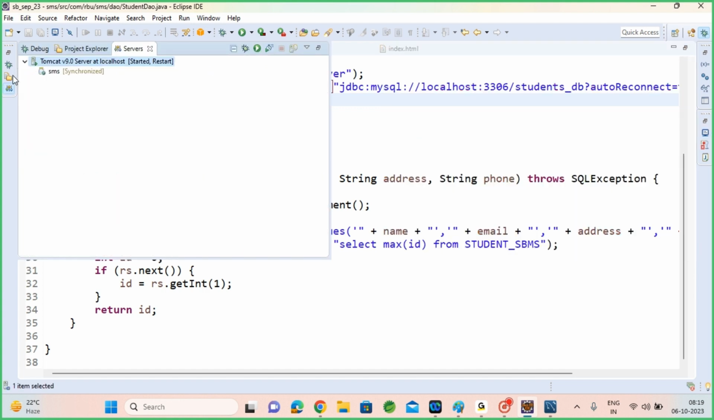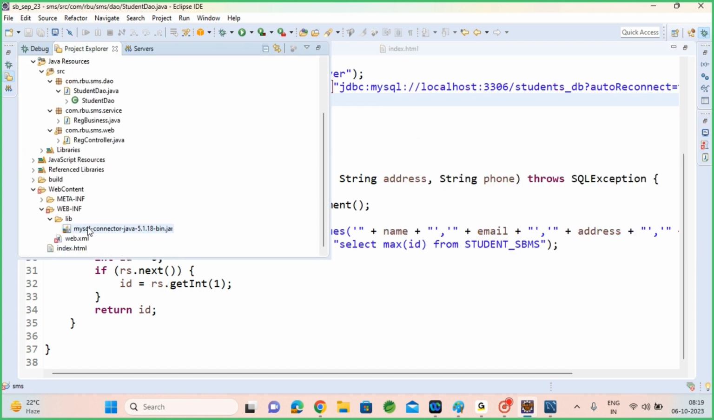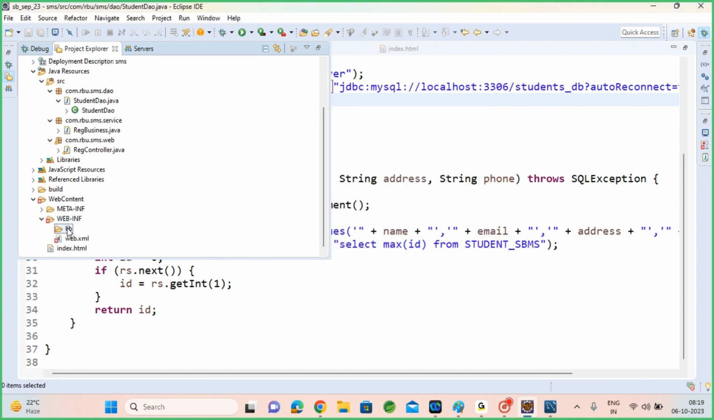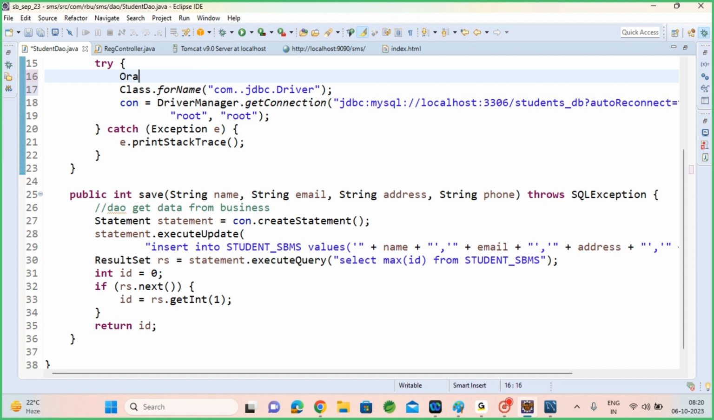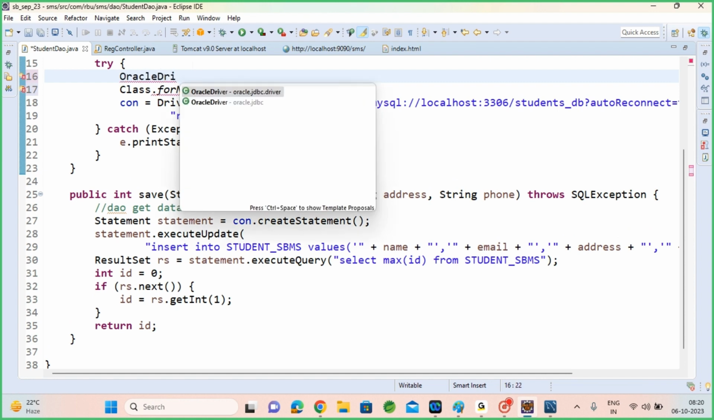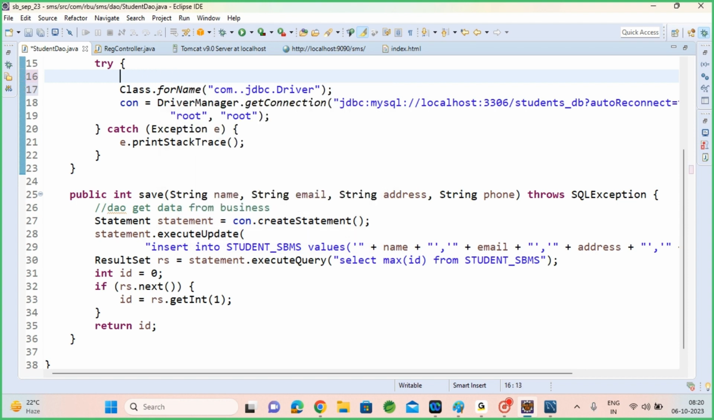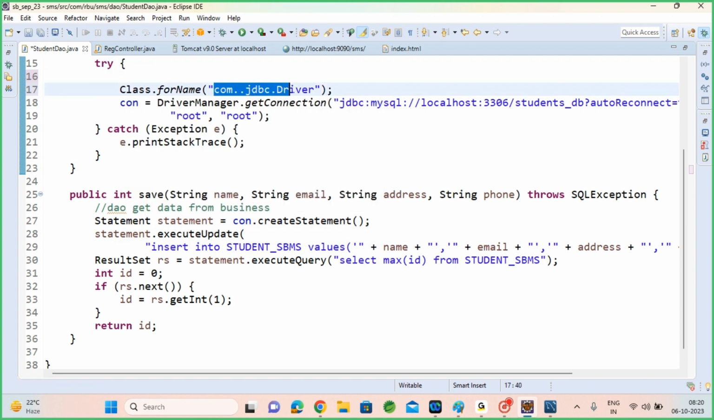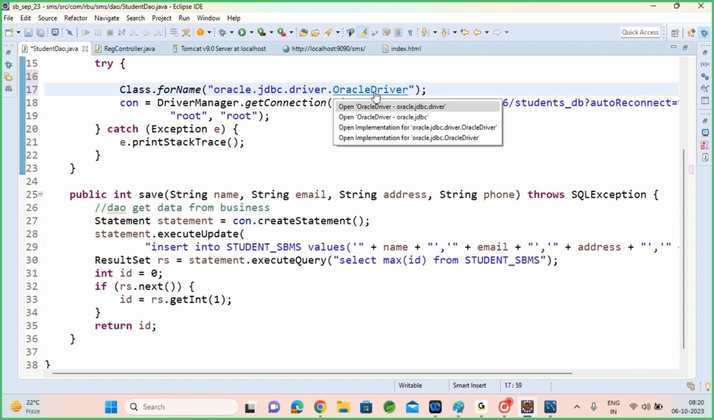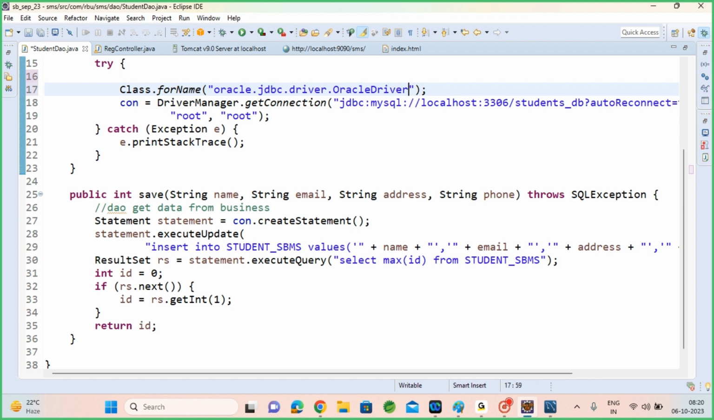Stop for some time. Let me change to Oracle properties. This version incompatibility is creating unnecessary issues. The Oracle driver we have to use is part of oracle.jdbc.driver. So oracle.jdbc.driver.OracleDriver. Okay. Coming to URL,